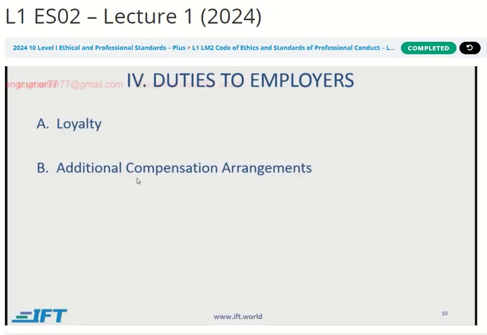You must not accept gifts, benefits, compensation, or consideration that competes with or might reasonably be expected to create a conflict of interest with your employer's interest unless you obtain written consent from all parties involved. 4C is responsibilities of supervisors. The assumption here now is that you are in a supervisory role.